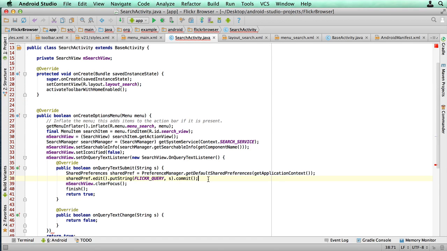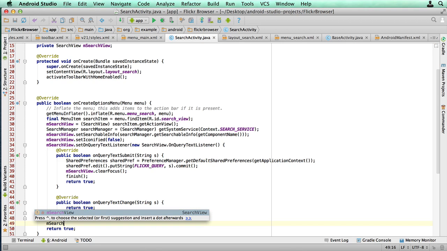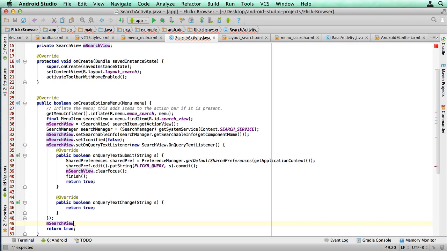Okay, that's now fixed. And on query text change, we'll leave that as return true because we won't do any processing for that. Okay, we need to add that. And then the other thing I'm going to add here is another listener for a close event. So it's search view dot set on close listener